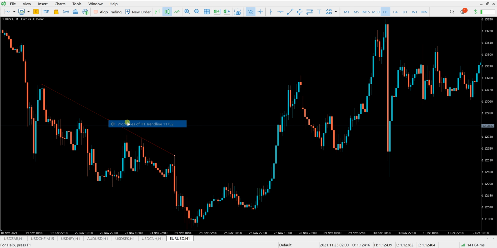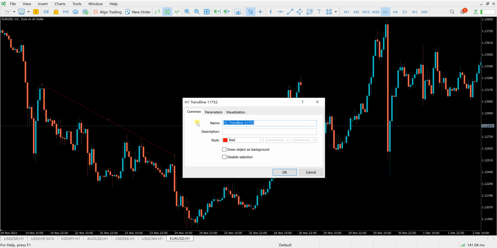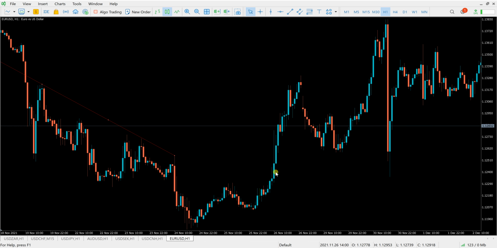Go to parameters, and here you can check the ray for right or for left. Here I want to check to the right. You can also change the parameters like the date and the time and also the values. For the purpose of this ray, we can check it and then click OK. Is it to the left actually? Let us see. Okay, to the right